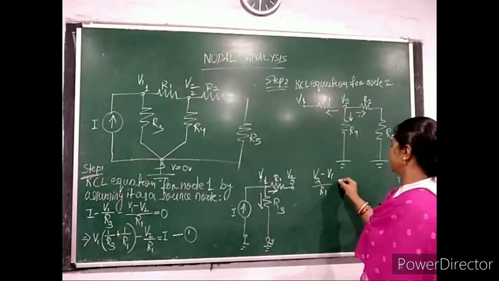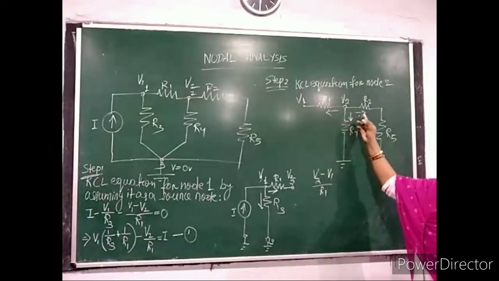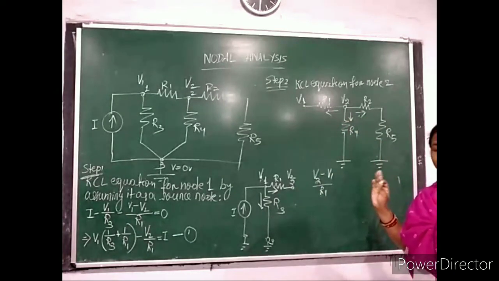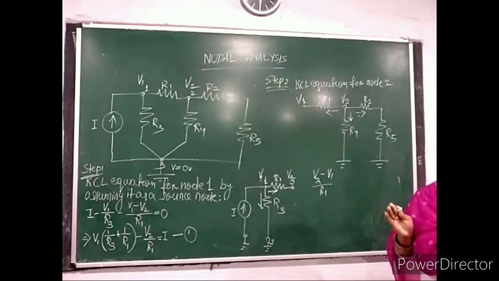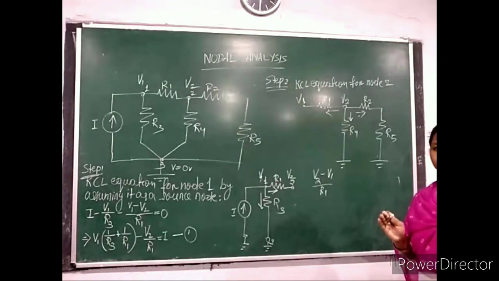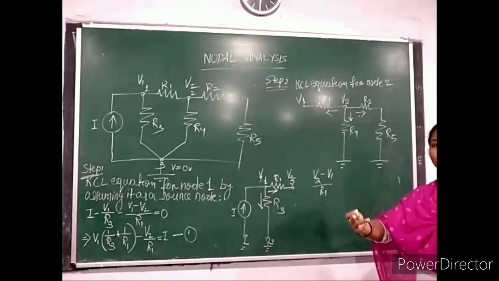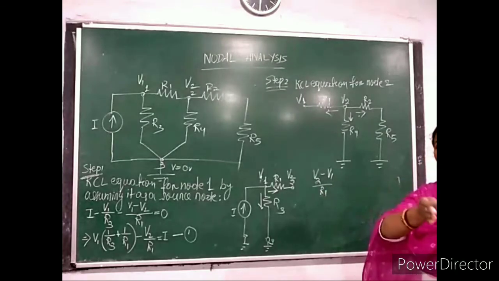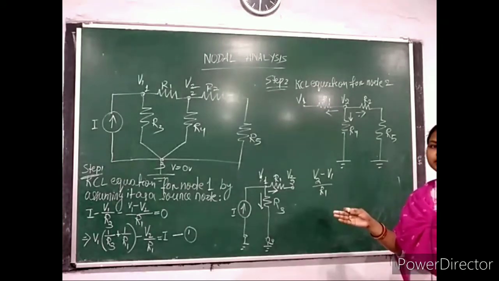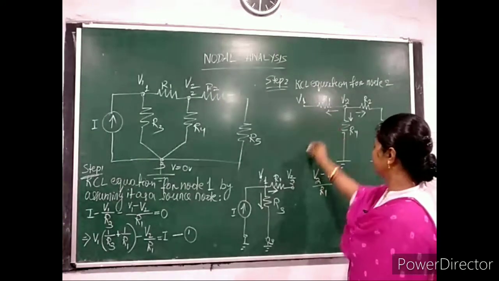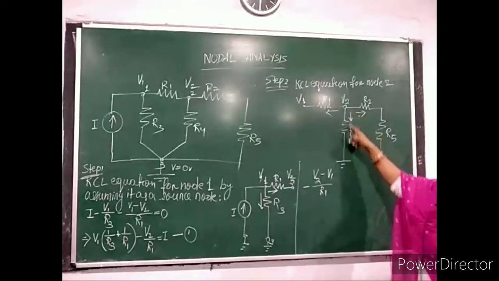Then here there is no need to take the sign of this current because all are outgoing. Yes, incoming current to the node is positive and outgoing current from the node is negative. But here all are outgoing, so the algebraic sum of outgoing currents is equal to 0. If I take all negatives to the right hand side, then all the outgoing currents are positive. See here how I write. Here you see all are outgoing.